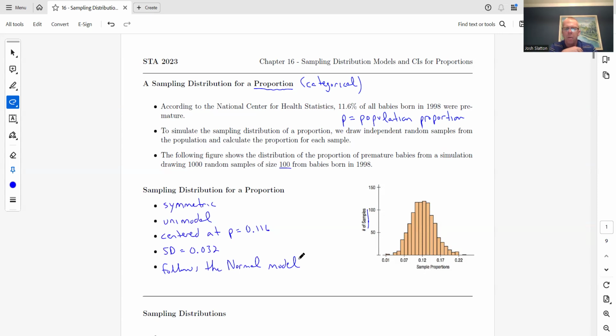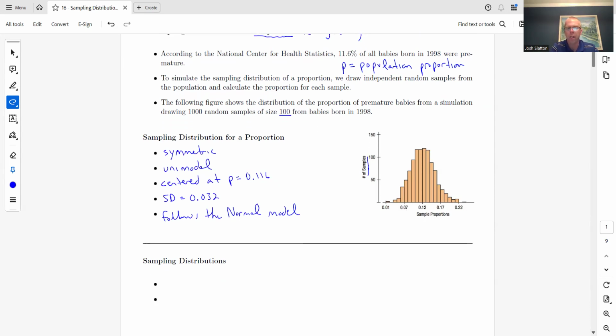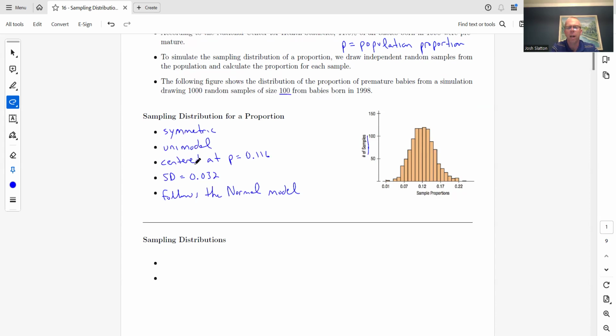as opposed to the binomial, because once you get many samples and we get large numbers here, we can approximate it with the normal model instead of using the binomial, which just makes things a little bit easier, or at least it did. I guess maybe not so much now with technology, but that's the way we can approximate these things. So, the sampling distribution. Like I said, this is centered at the mean. The mean is the population proportion. So the mean of this equals P, and P stands for population proportion. In this case, P is 0.116.